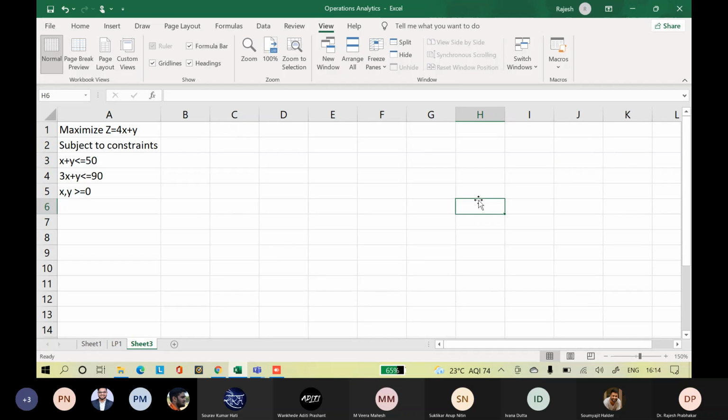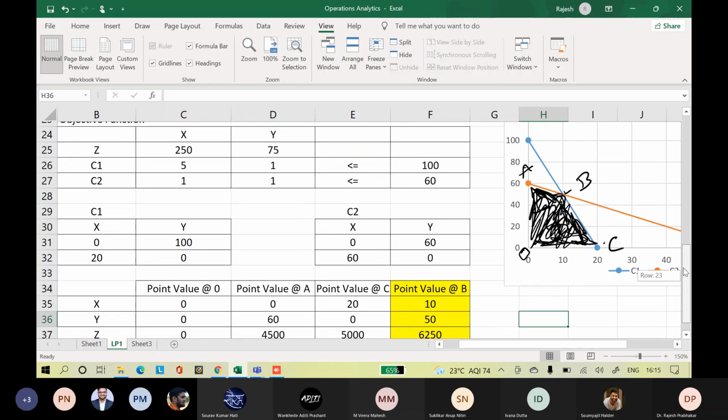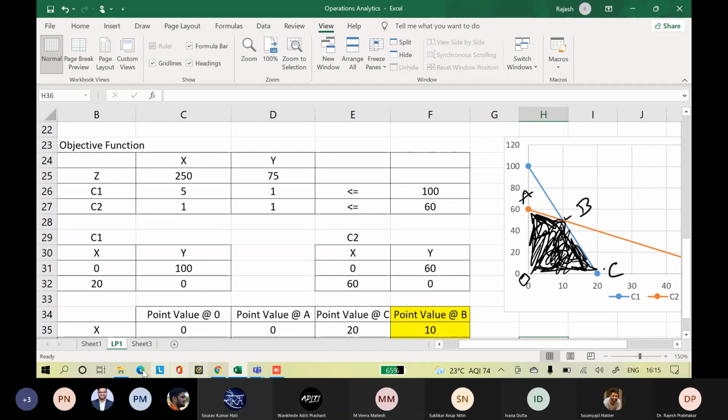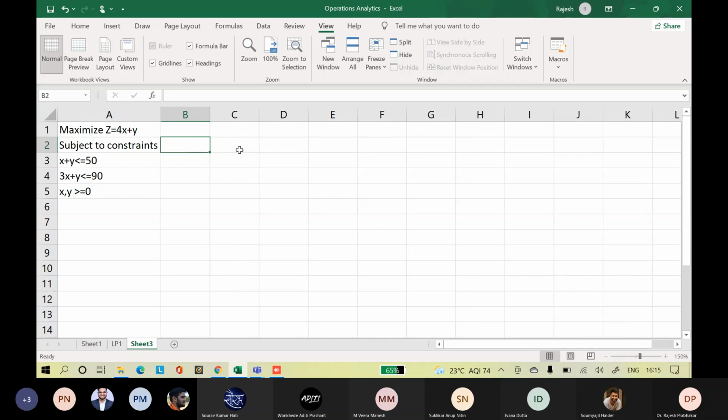Guys, you have done what you call the graphical method, right? By hand, you understand, right? Yes, sir. So let's frame the problem in this manner: the objective function and all. So x and y and z. What is x? 4. What is y? 1.